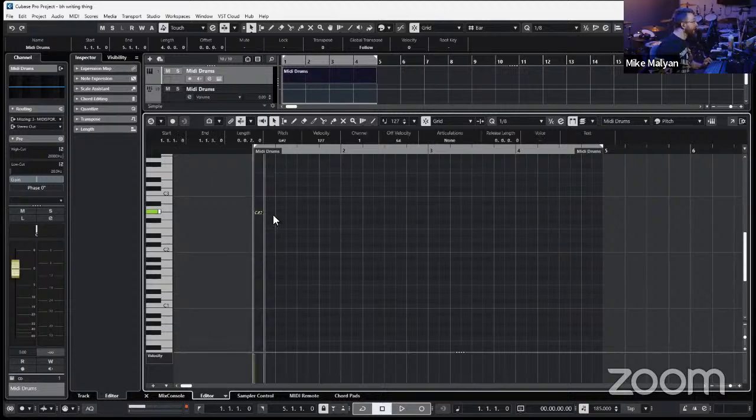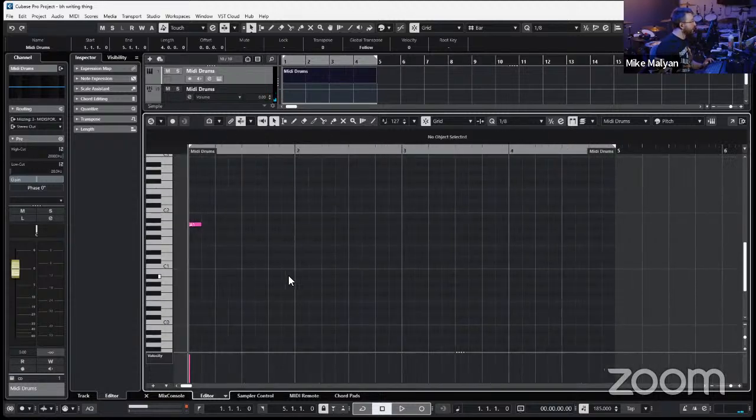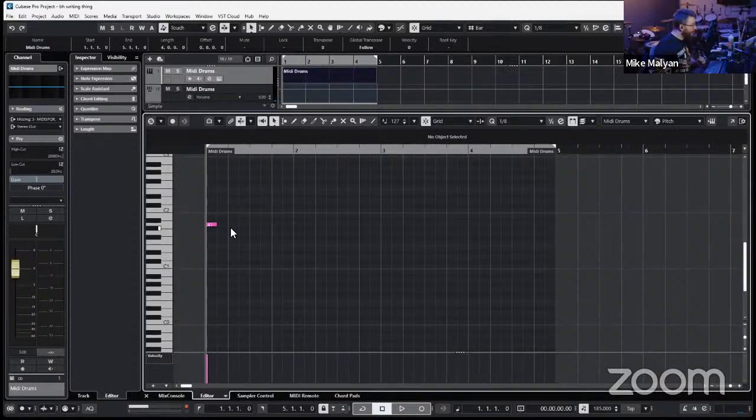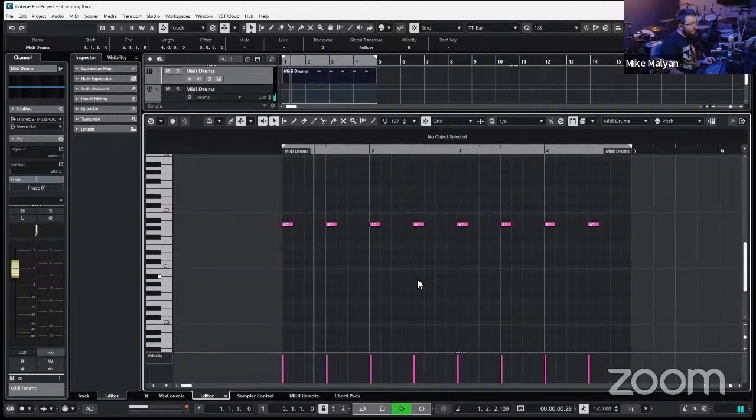So we'll start by laying down the top end of this. I can't remember which drum kit I'm using at the moment. I think it's a Get Good Drums one. So I'm just going to lay down a stack cymbal on 1 and 3 of this bar. It's a fast bar. This project's set up at 185, so this would be like doing it on beats 1, 2, 3, and 4 if you were at half the tempo.